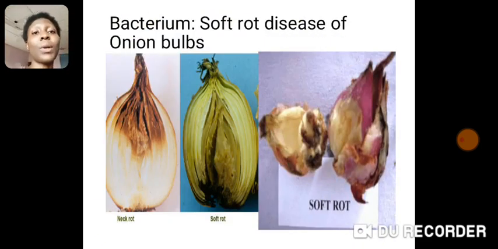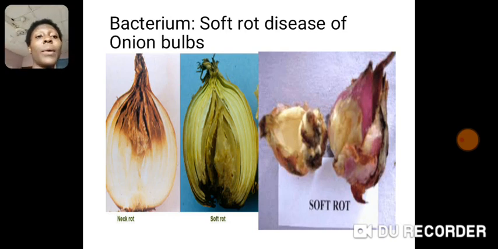And now this one is also caused by a bacterium species, and it's called soft rot disease of onion bulbs. So you can have the neck rot, soft rot diseases of the onion bulb. It's caused by the causal agent, or pathogen, or parasite, which is a bacterium species. It's a particular species of bacterium that causes all of these. You can see the soft rots. It's affecting the surfaces of our onion bulbs